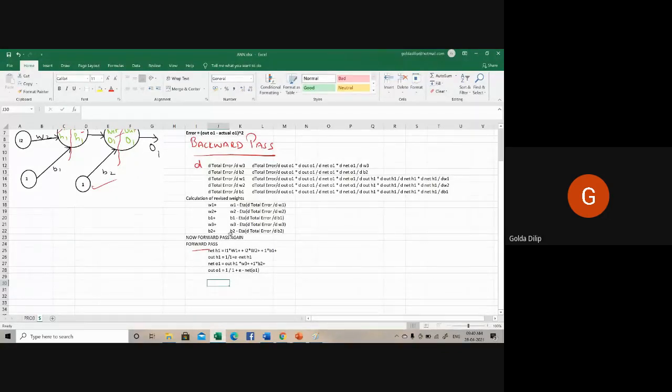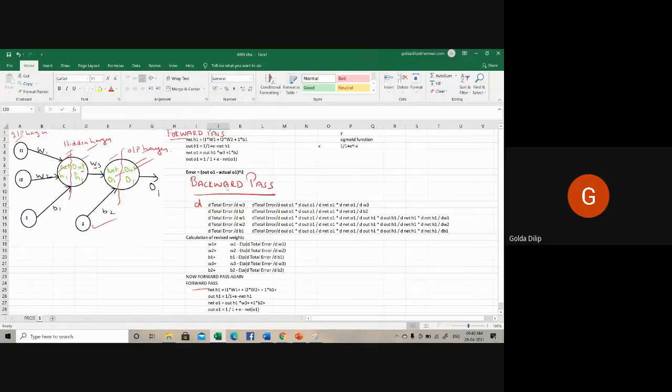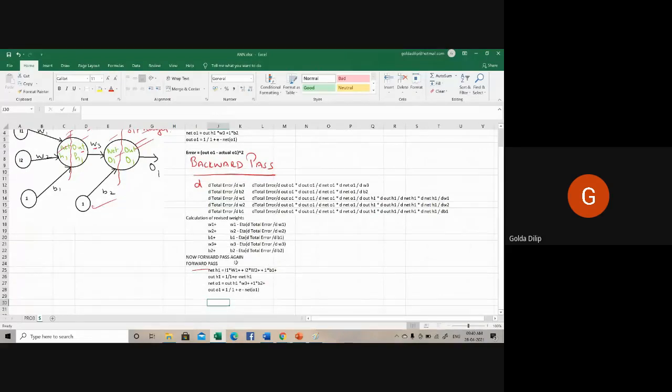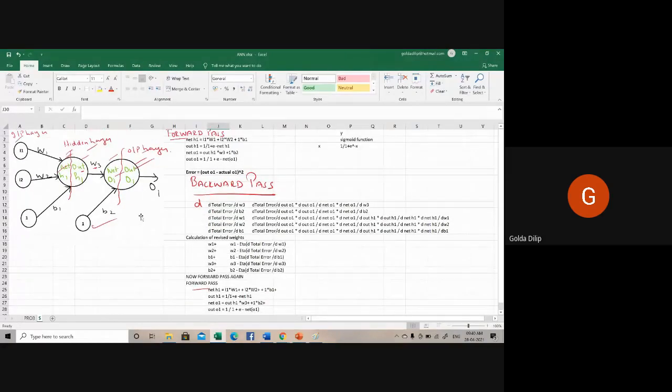Now I'll give you another problem. By the time I take attendance, I want you to work out the problem and do the same derivation. Do the derivation part, how I have done the forward pass first, then the backward pass, revise the weights, and then compute it again, so that you get the flow of how it happens. That is one exercise when I take the attendance.